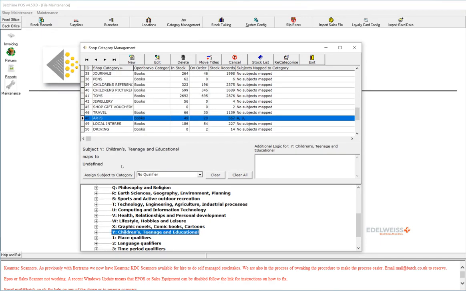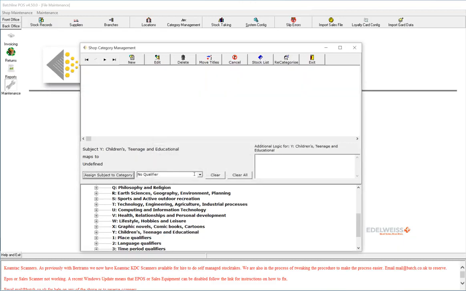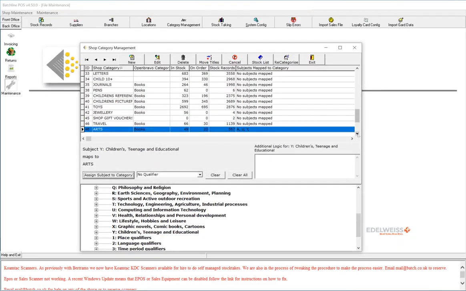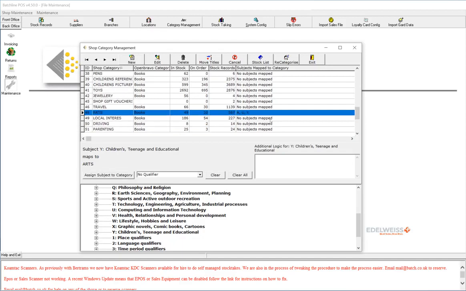So we can see here now that anything with A, U or Y is now mapping to arts. So you might find that useful. So if we clear all of these again,